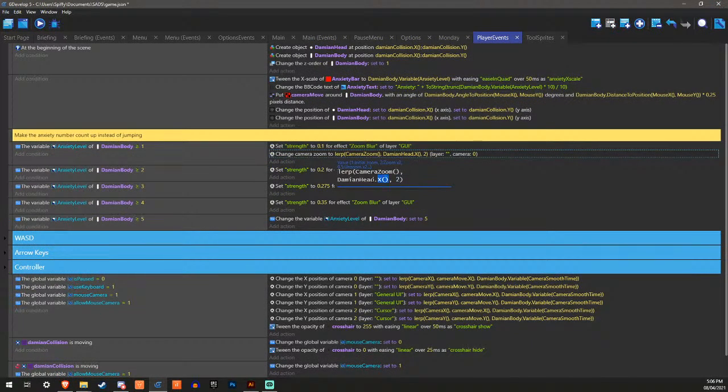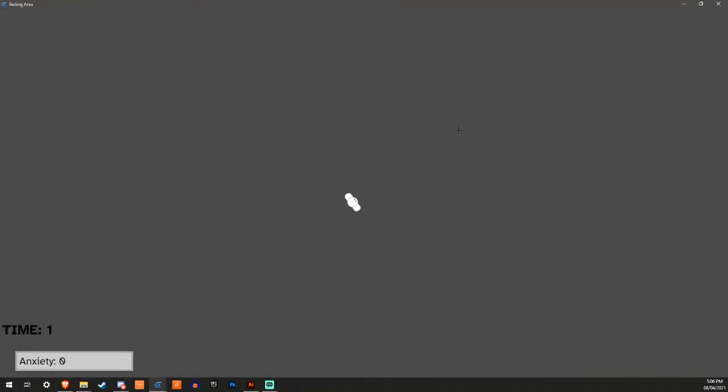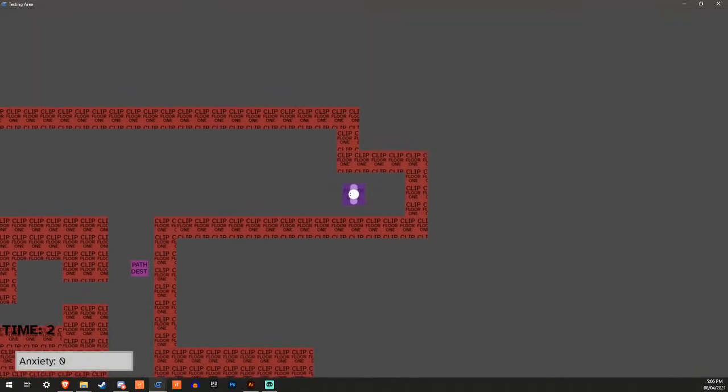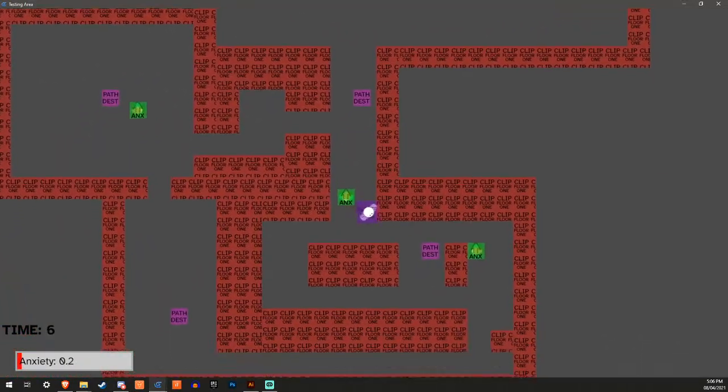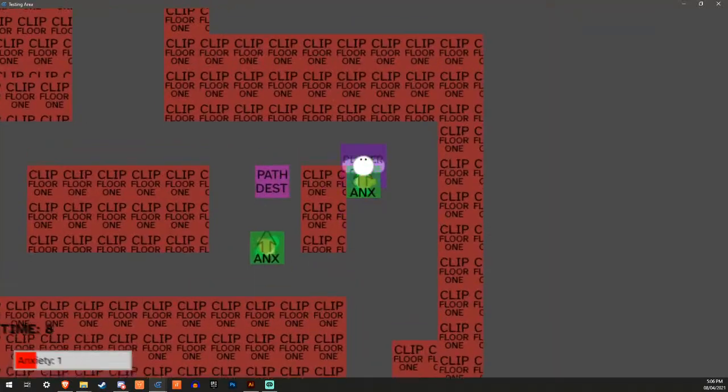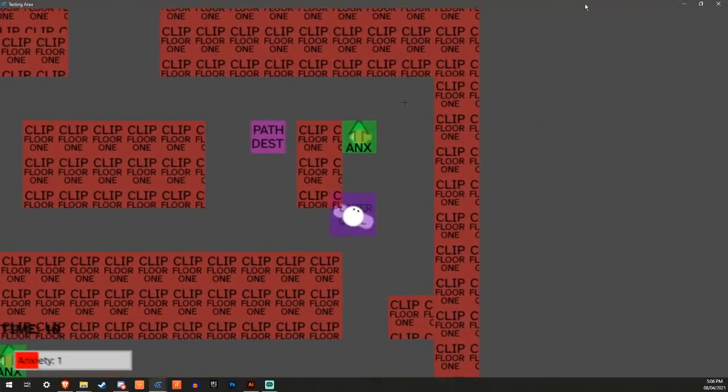It does the zoom, but it does it a bit too much. Oh, actually, this is where the zoom is meant to be. So like 2, and then this is the lerping amount. So I've got 5. Yeah, I think that's what it's meant to be as well. I think. Yeah. Okay. There we go.